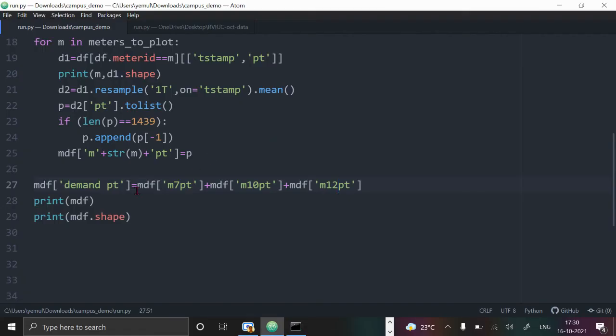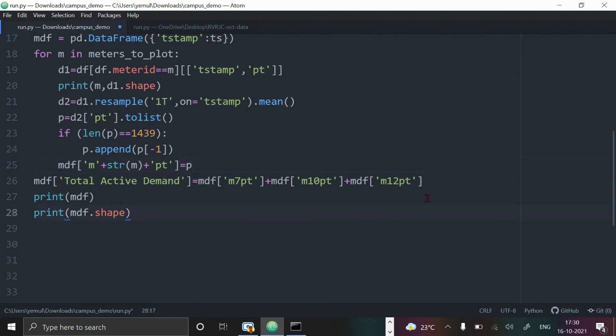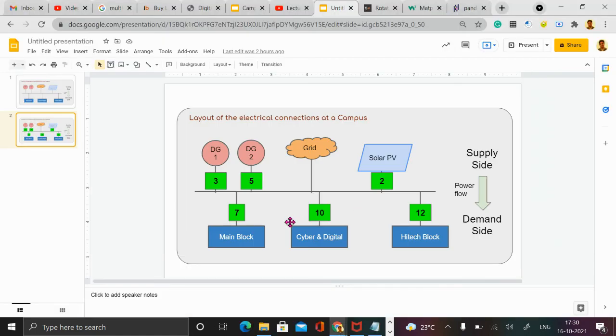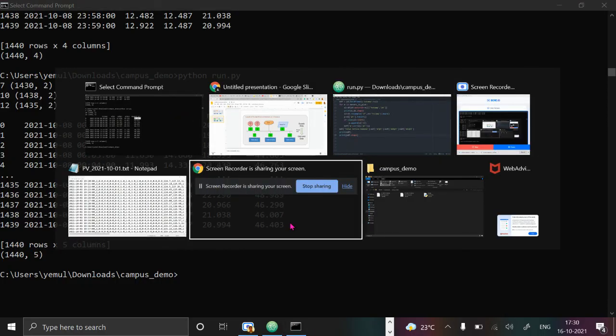Okay. So this is the total active demand, and this will be in kilowatts. Now I want to repeat the whole exercise for apparent power also. How do I do that? In fact, let me go back and plot this function. There are two ways I can plot. Before that, I want to get the demand curve, not just the total demand as a calculation, but I want to plot it as a curve. Remember, our objective is to plot.